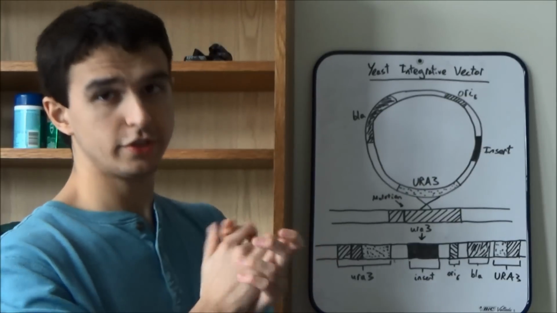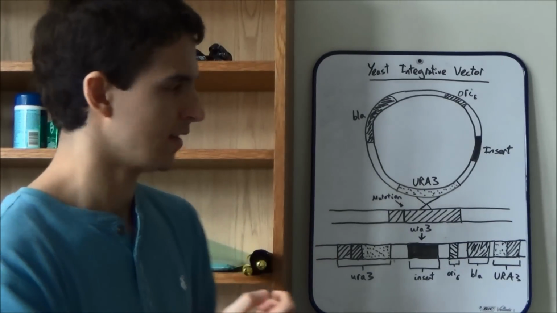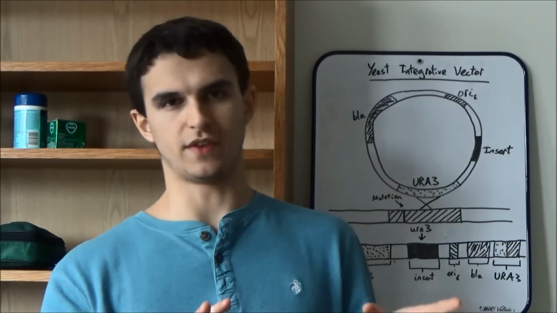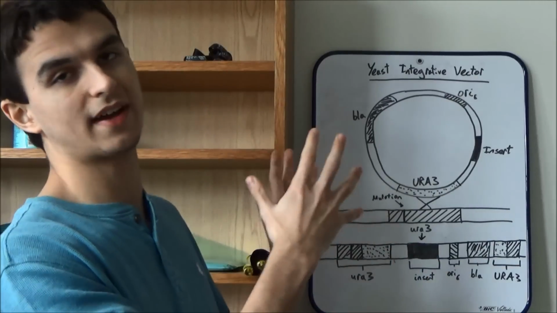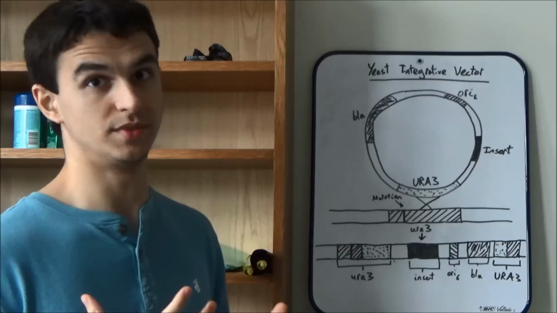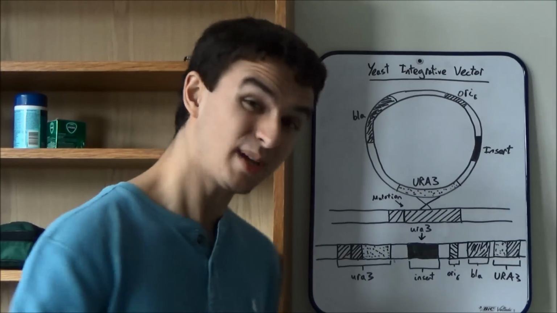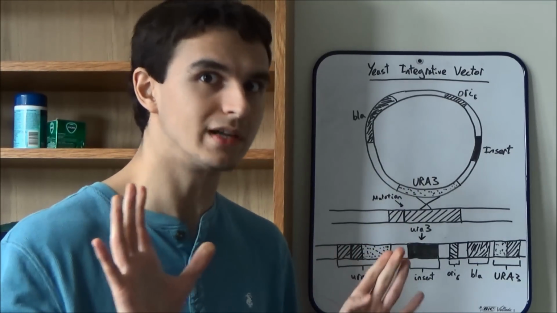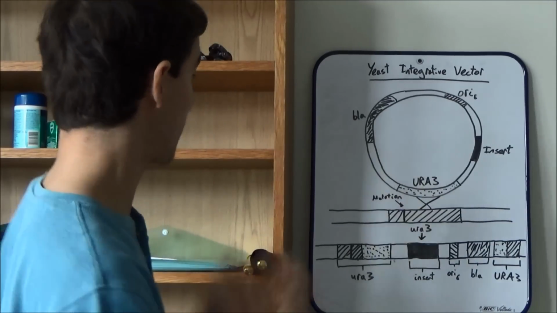Now, there are two types of yeast transformation vector. There's the integrative vector and the shuttle vector, which we'll come on to in a minute. Let's talk about the integrative vector. Now the integrative vector, as the name suggests, integrates itself in the yeast chromosome. And on this board, I've got to say, this is probably my best diagram of the series so far, so, you know, don't thank me all at once or anything. But this is a diagram of a yeast integrative vector. So what we have is a plasmid,